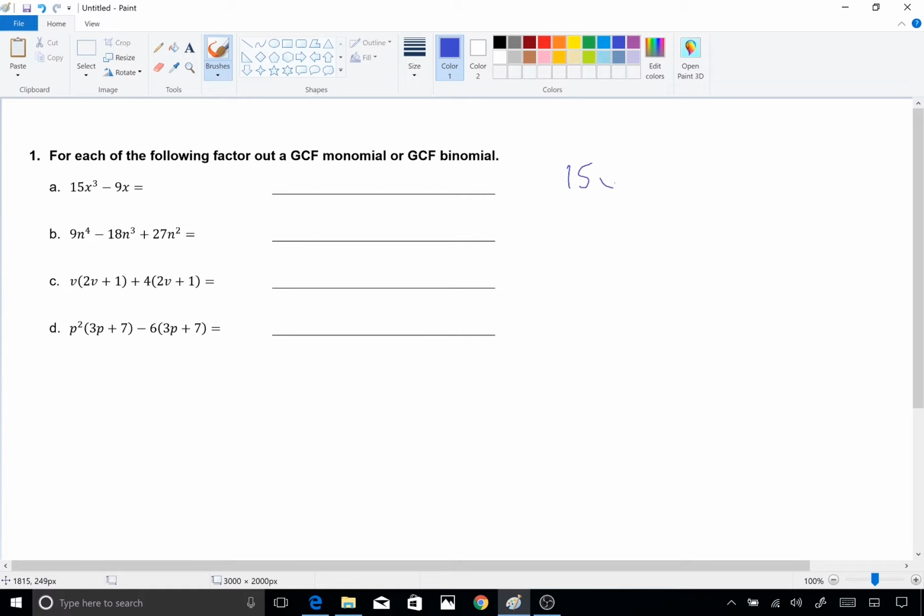15x cubed breaks down to 3 times 5 times x times x times x, and 9x breaks into 3 times 3 times x. We can factor out 3x, and that will give us